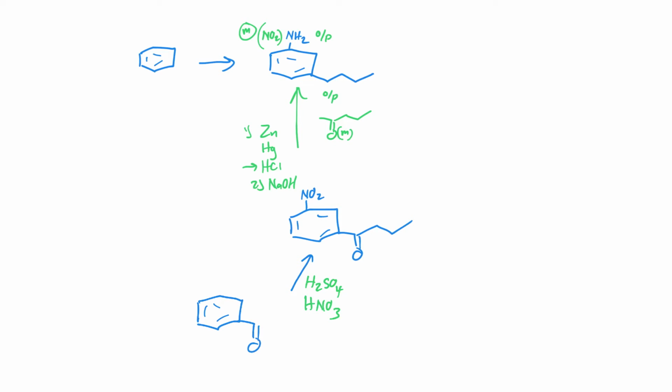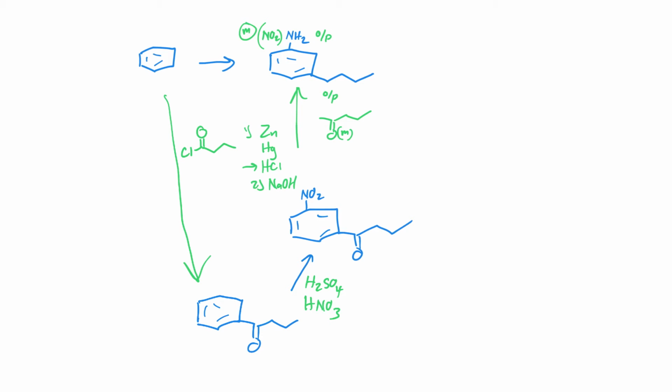Starting from the acyl benzene, we can then nitrate that to make the meta-nitro acyl benzene, and then we can reduce both functional groups at the same time to get our desired product. And thus getting from benzene to the acyl benzene is pretty straightforward. We just need the required